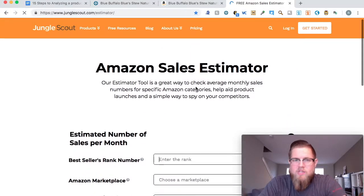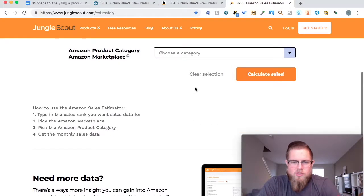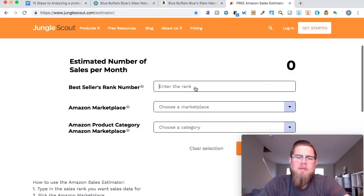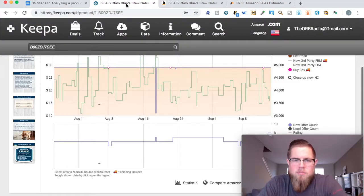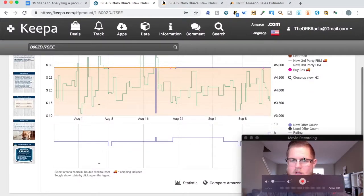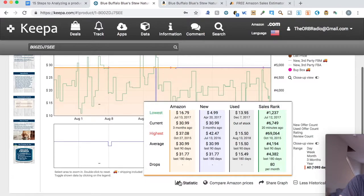Okay, we're here at junglescout.com/estimator, and they've changed the tool just a little bit since I've been over here. It looks different on the phone. But if you type in the best sellers rank, we're going to go back over here to this Blue Buffalo item. If you type in that best sellers rank under the average 90 days, so you see this average 90 day right here says